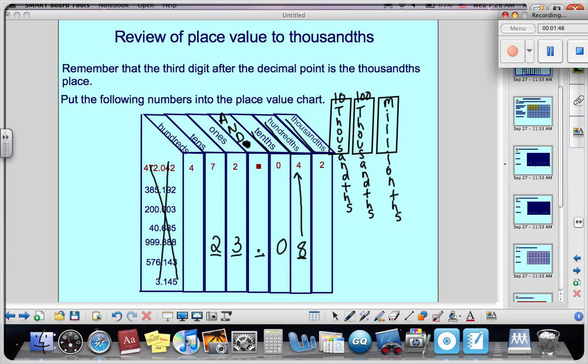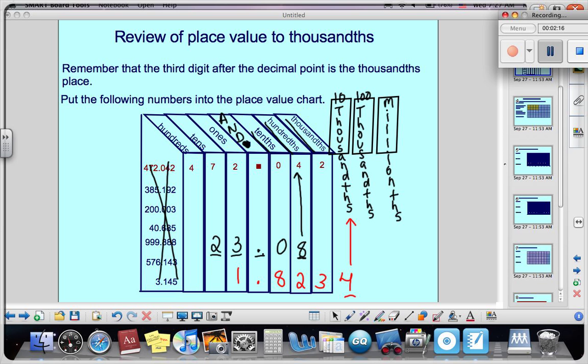If I were to write the number, I would read that as 1 and 8,234 10 thousandths. Okay, so whatever that last number is, that is the place value that you read it